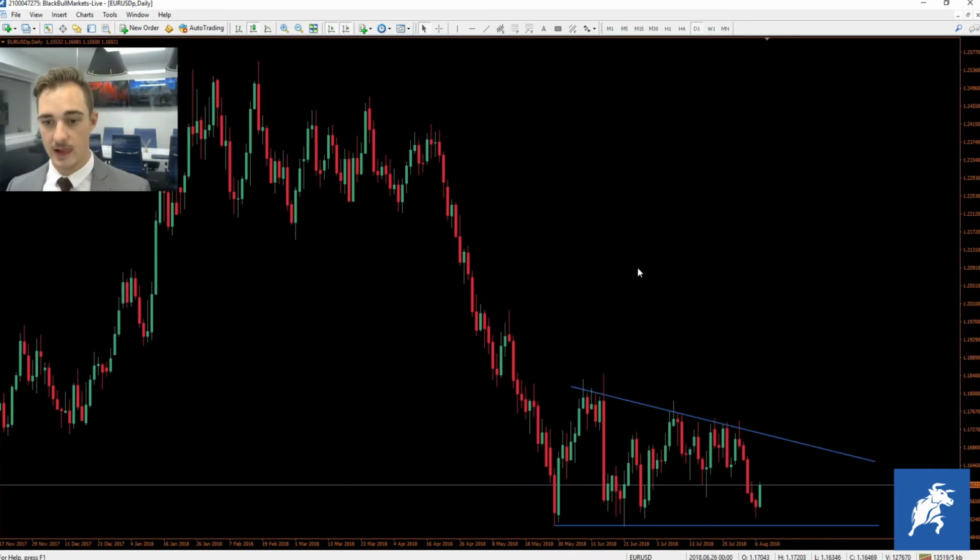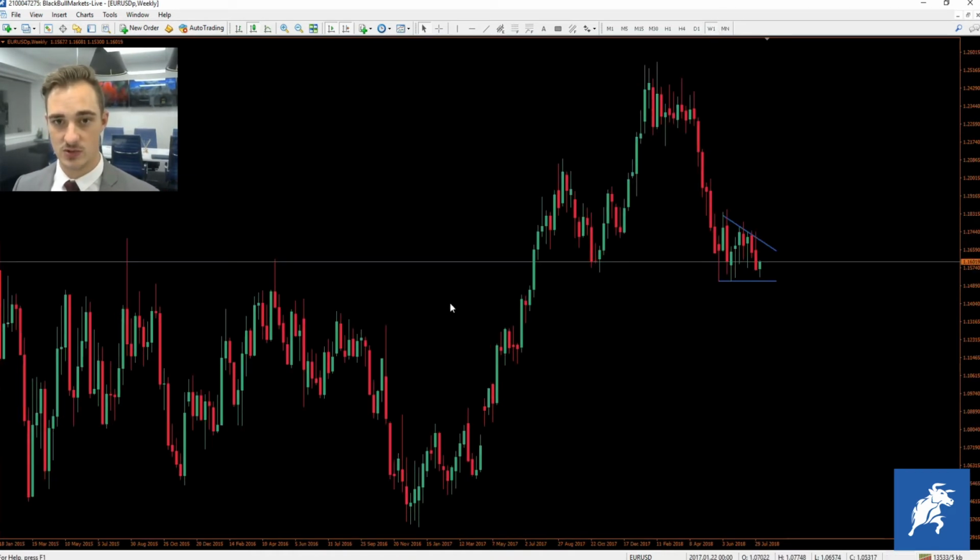Where is it? There we go. So you can see this Euro US dollar has sort of made a flat bottom triangle and started moving to the upside. I'm looking, it could potentially go either way, but there is a slight bias to the top side, because if you look here on the weekly, you can see it could still potentially make that head and shoulders pattern that we were looking at in some of the previous videos. You can see coming to our left shoulder, moving up to the head, and moving down to the